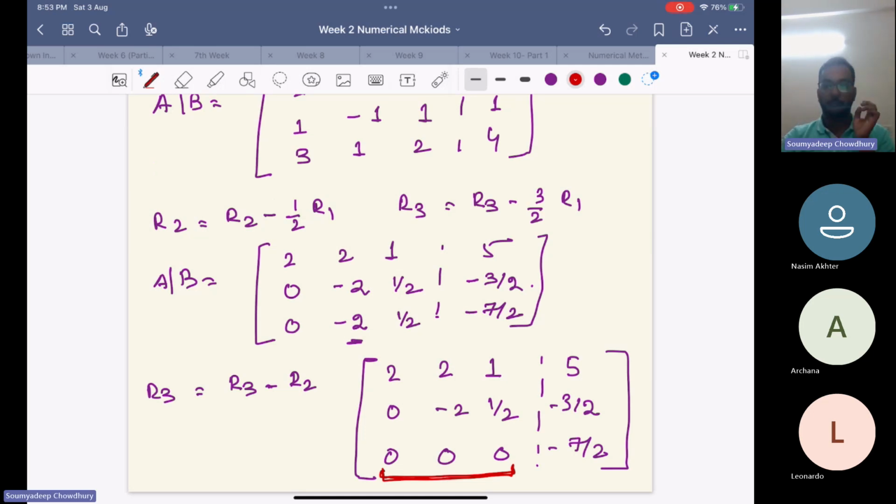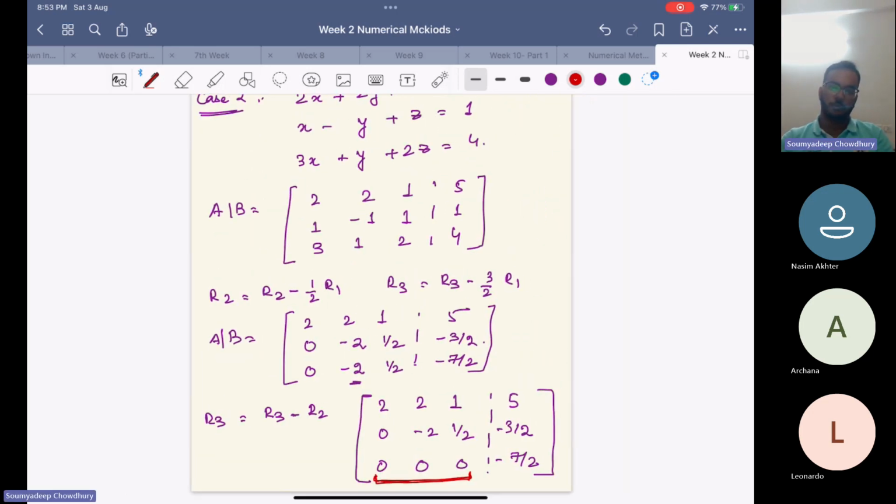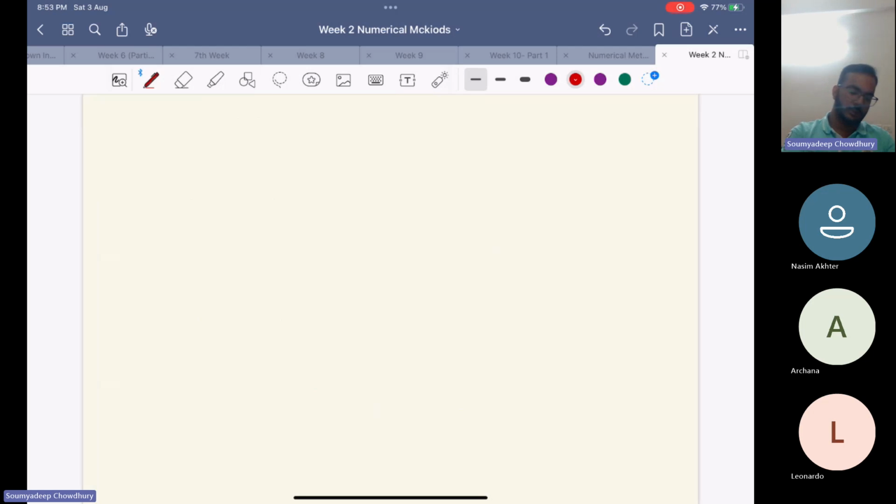So what is the rank of A? Can someone tell what is the rank of A here? What is the rank of matrix A? So the number of non-zero rows in A is 2. So the rank of A here is 2, right? The rank of matrix A is 2. However,